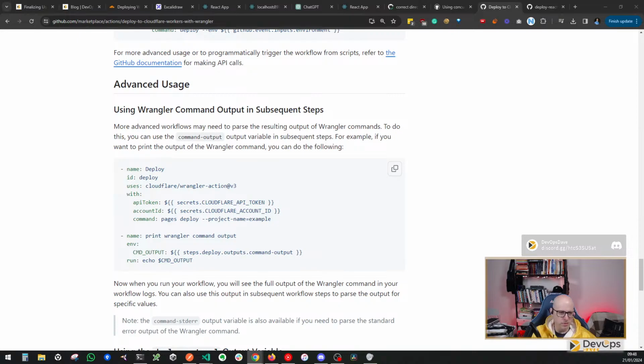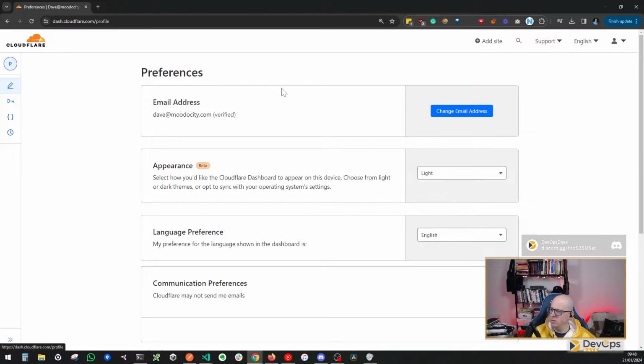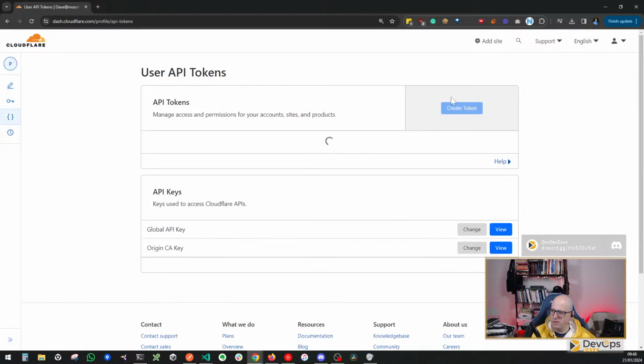Cloudflare is where I'm trying to go to. In Cloudflare, when I created the API key, so my profile, API tokens,